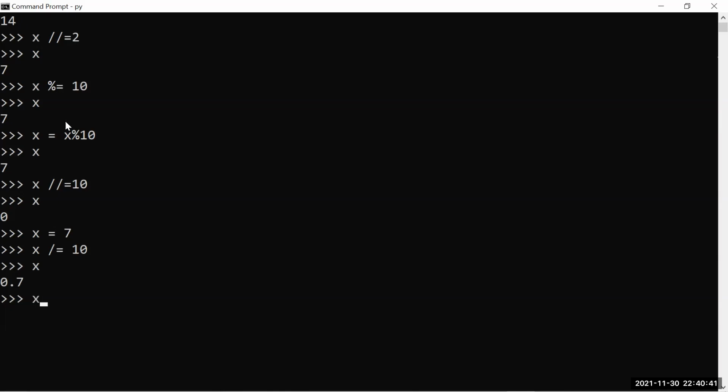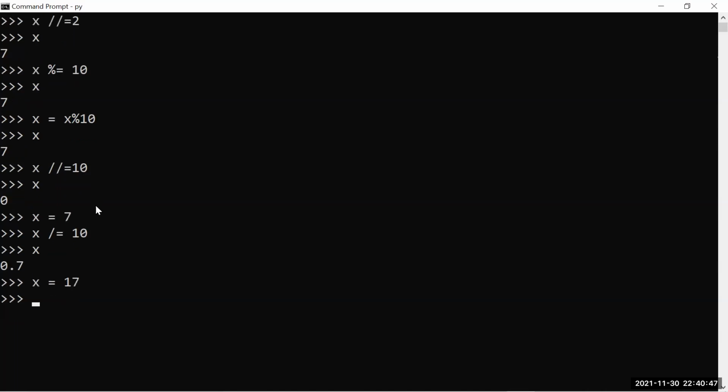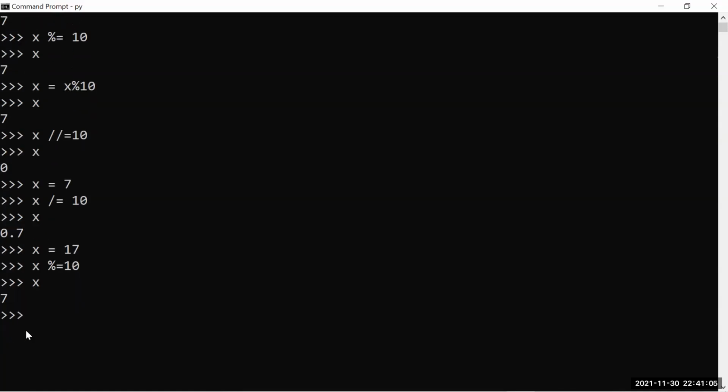Let's say X equal to 17 here. Now I want to perform modulus, X modulus equal to 10. Done. Now what will its remainder be? It will be 7, right? Exactly. If I print X, it is going to be 7. Clear? Yeah.